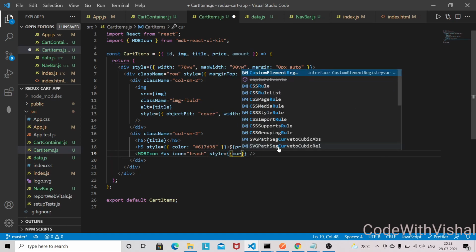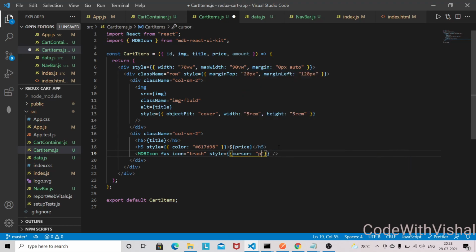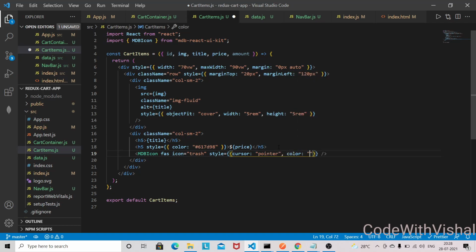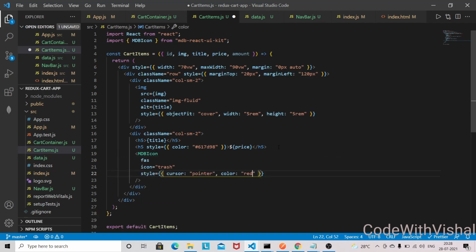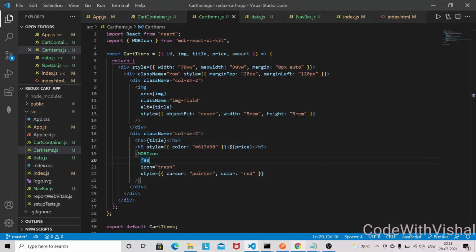So cursor I am giving here cursor pointer, and the color will be red here simply. And let's go into the browser. So we are able to display this icon as well along with the price of each product item.